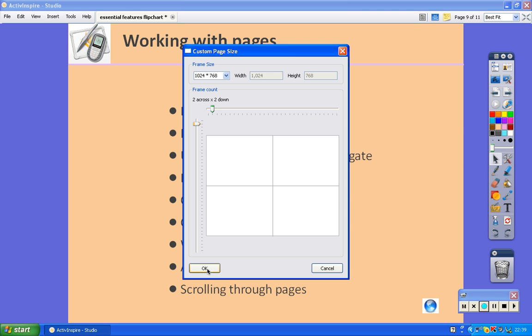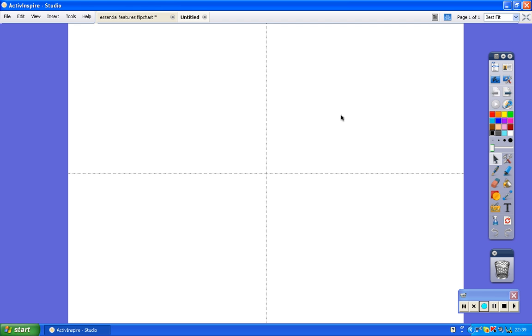If we just OK that, you can see very clearly that we've actually got 4 pages on there, but you're not scrolling from one to another there. So if you go to the options over here on the top right, at the moment it says best fit, so that's the best fit for a flip chart that's made up of 2 flip charts wide and 2 flip charts deep. If we change that to 100%,